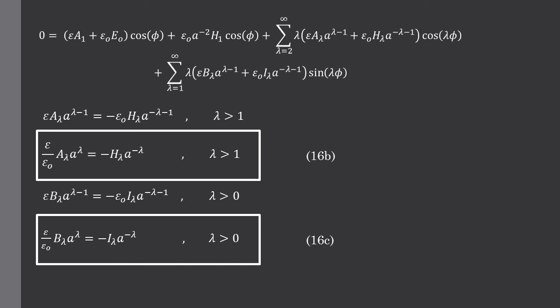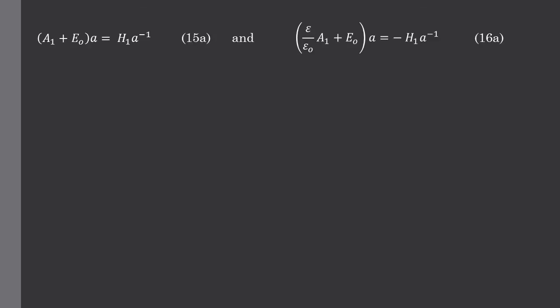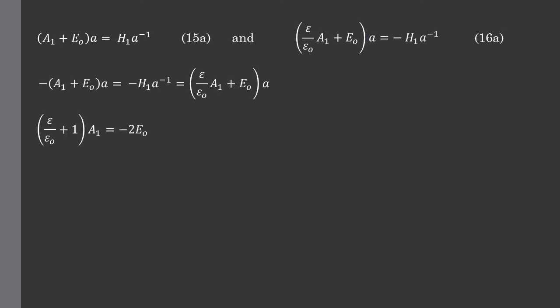Now, we have two sets of equations, and each equation has two unknowns. We can solve that. That brings us to these two equations. So we have two equations with a1 and h1 in them, so we can now solve for a1. So first thing we're going to do is just substitute h1 out basically by saying the equations are equal to each other. That's the first step. Now we can divide by little a, and of course we can move the e naughts over to isolate the a1. And now that we have a1 isolated, we can just divide by the epsilon over epsilon naught plus 1,